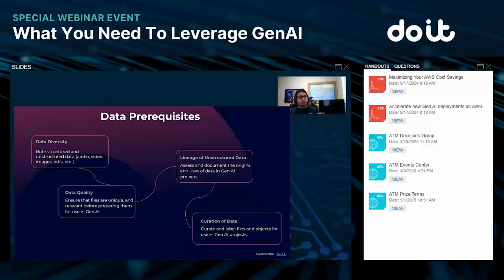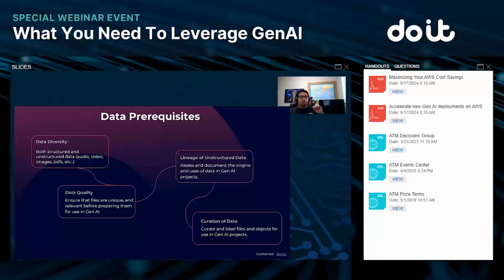So it's important, and that's what I wanted to mention right now, that all of these that we're talking about, the data diversity, data quality, lineage, is to help you manage your data in your S3, in your data warehouse, in Google Cloud Storage. It is simply being able to understand what data you have, because the more data you store in there, the harder it's gonna be to know what data needs to be updated, what data needs to be removed, what can you make available to your model, and what can be removed.